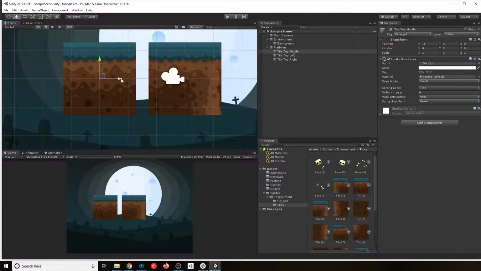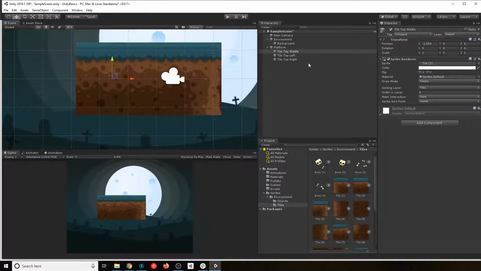Or we can just go ahead and do it manually, which sometimes is the case. And I'm just gonna do it here. And it's perfectly aligned. Once you have that number, let's see if I do 2.6. No, I need it to be exactly the same as before. So minus 2.559.